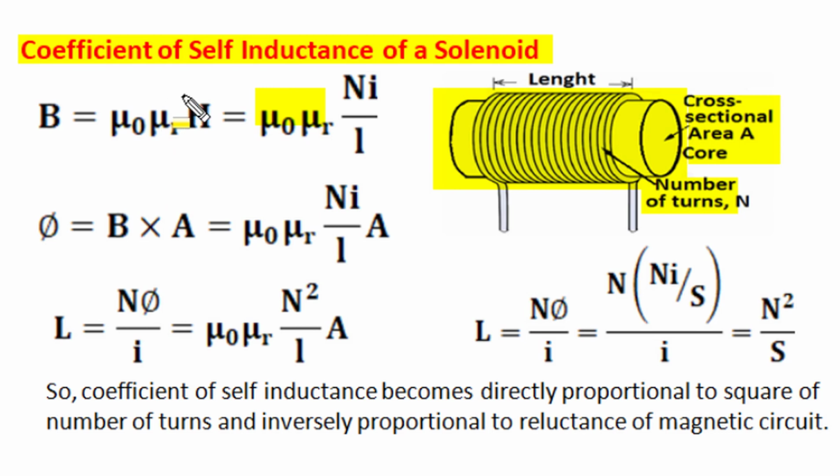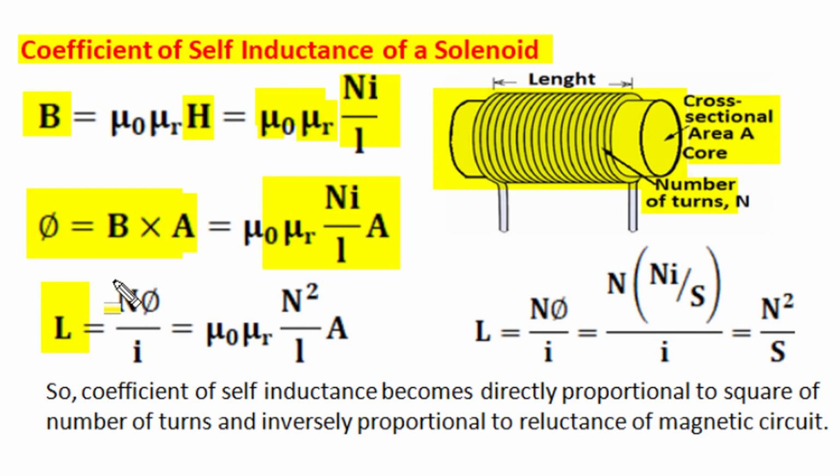We know for a magnetic field intensity H, the magnetic field flux density is given as B equal to mu H, where mu, permeability of core material, is permeability of air multiplied by relative permeability of core material, and magnetic field intensity is mmf per unit length. Mmf is product of number of turns and current flowing through those turns. Now flux across core cross section area A is given as product of field flux density multiplied by core cross section area, and in place of B we can write mu H, and in place of H it is mmf per unit length. So flux is mu 0 mu r N i over L multiplied by area,